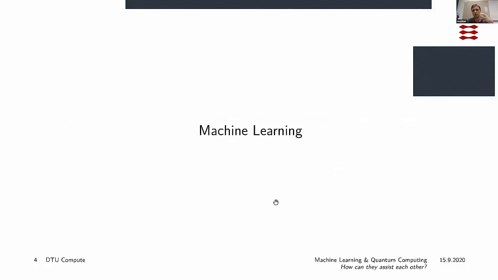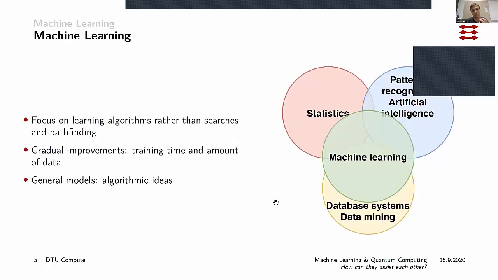So just to be on the same ground on the machine learning basis, as my impression is that some of you know some physics, I'm not sure how much you know of machine learning, so I just want to go through the basic ideas. The basic idea is that machine learning is sort of this interface between statistics.